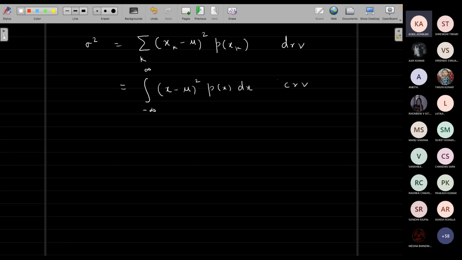So it is not only important to figure out the mean, it is equally important to think of whether a system has spread around that mean or not. For example, by this time you all know, if I plot a distribution like this, any distribution, and if I plot a distribution like this, so let's say 1 is the narrowly peaked one and 2 is the flat one. Which has large sigma?